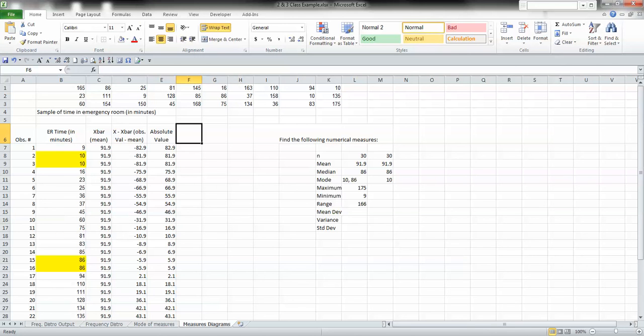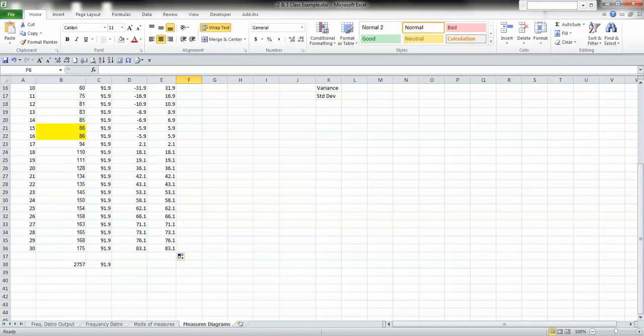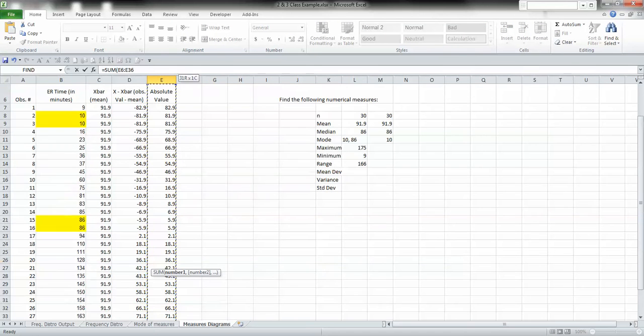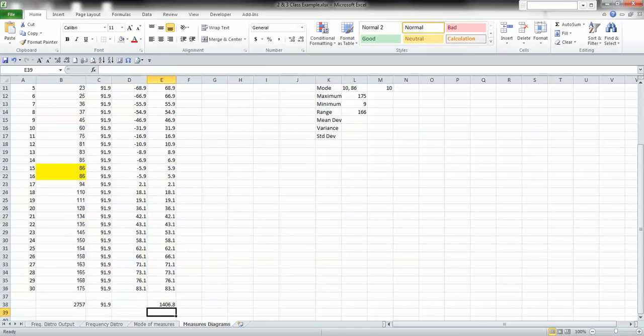So once we've calculated the absolute value, the next thing that we have to do is we take the squared differences. Actually, let me backtrack. We have to sum the absolute value. So we get a sum of 1406.8,